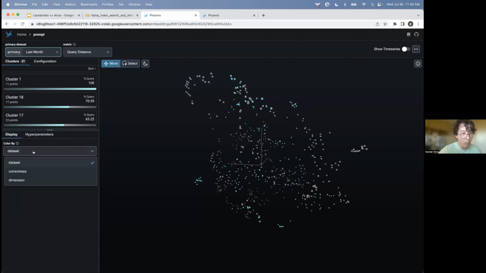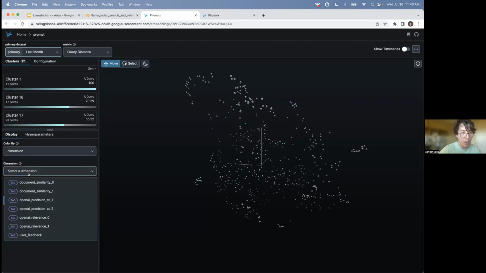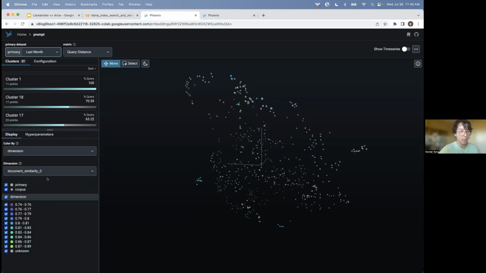But let's take a look at this particular metric. Once again, in the color by dropdown, I'm going to select the dimension field. And then in the dimension dropdown, I'm going to select document similarity 0. This is the cosine similarity to the first retrieved document, that is, the most similar document by cosine similarity in your knowledge base. You can see here in the legend, the cosine similarity runs between about 0.74 all the way up to about 0.9, the darker colors being lower cosine similarity and the brighter colors being higher cosine similarity. So let's